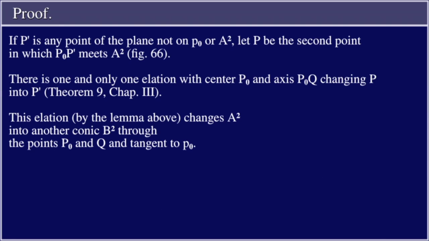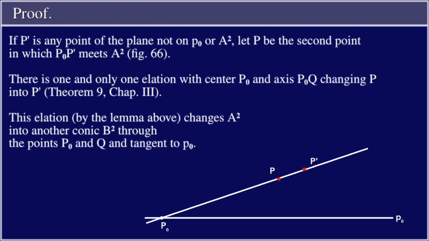Proof. If P' is any point not on the line P0Q or A², let P be the second point in which P0P' meets A². Figure 66. There is one and only one elation with center P0 and axis P0Q changing P into P'. Theorem 9 of Chapter 3. This elation, by the lemma above, changes A² into another conic B² through the points P0 and Q